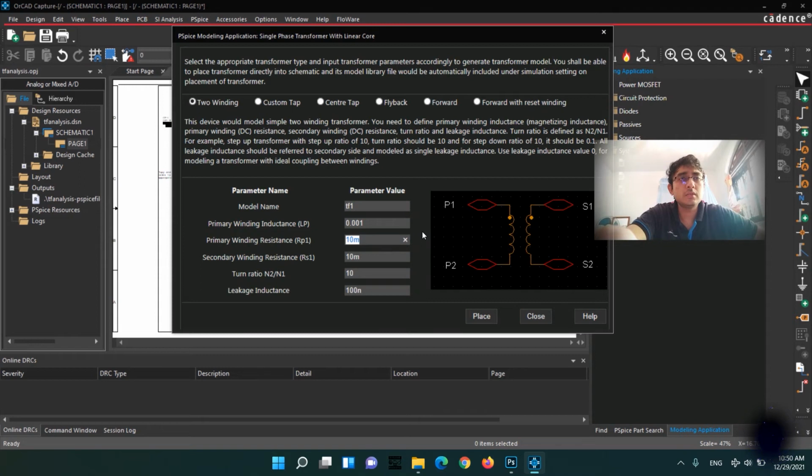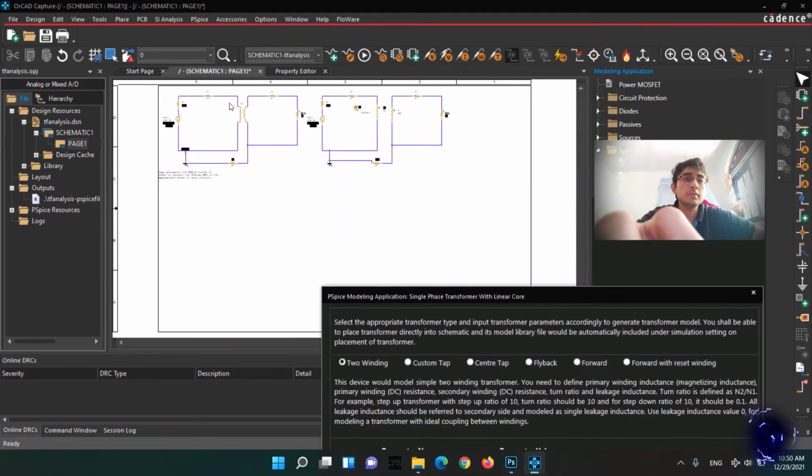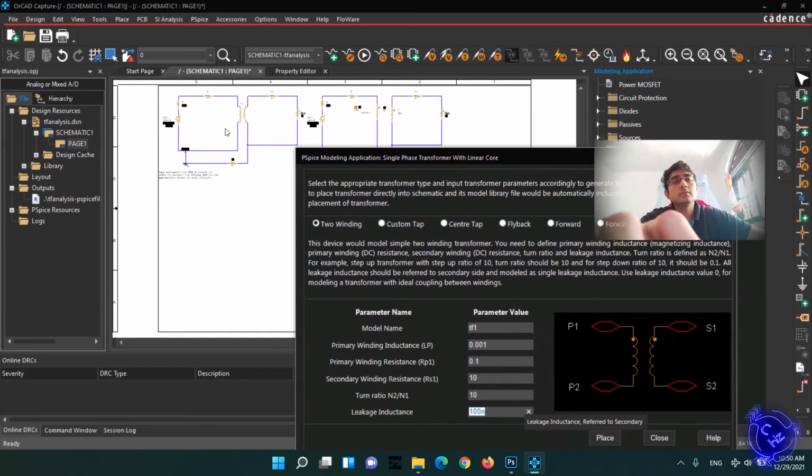Here it says primary winding inductance in Henry, right? 0.001, 1 millihenry. Primary winding resistance 0.1 ohms. Secondary winding resistance in ohms, 10 ohms. Turns ratio I would prefer 10. Leakage inductance,